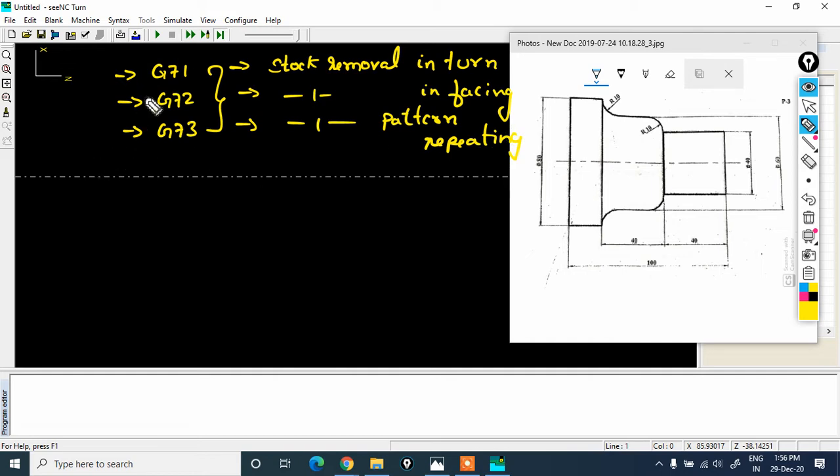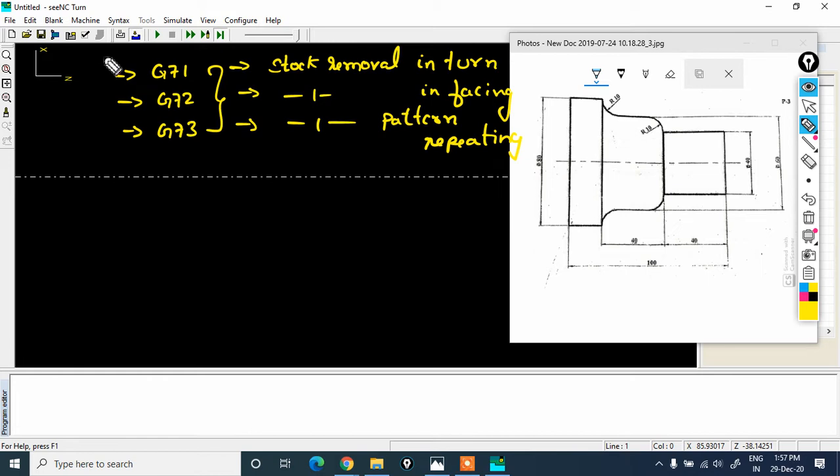In the examination the question may appear like: write the turning program for a given machine part using G code and M code, and simulate the same using G71 cycle or 72 cycle or 73 cycle. This could be the question that may appear in the lab exam.